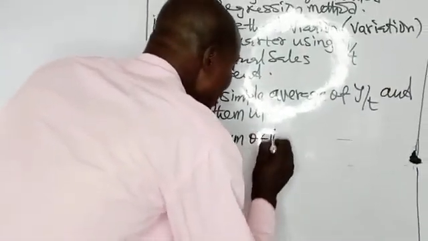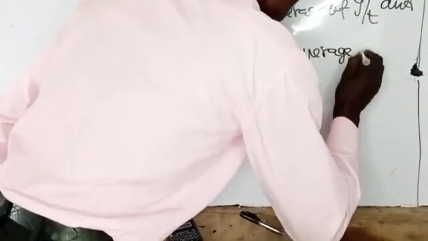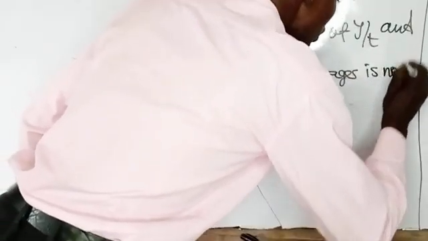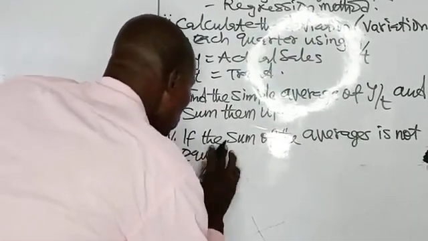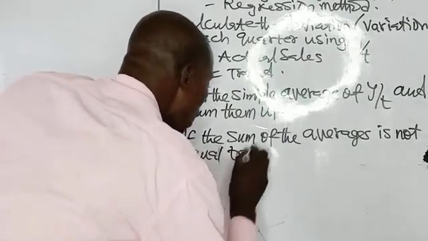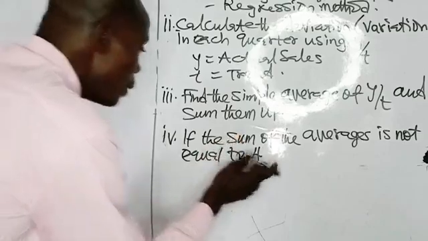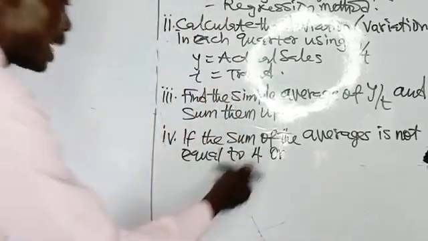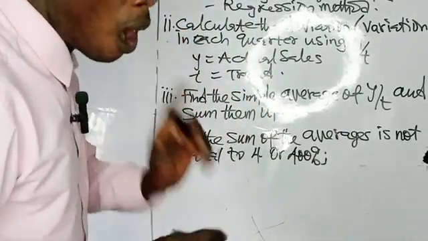If the sum of the averages is not equal to 4, that is, if you work on decimal, you consider 4. Or if you are working in percentage, you consider 400%. If the sum is not equal to 4 or 400%,